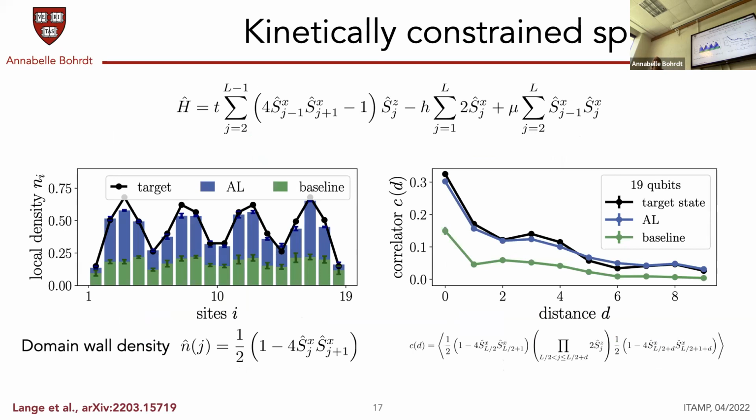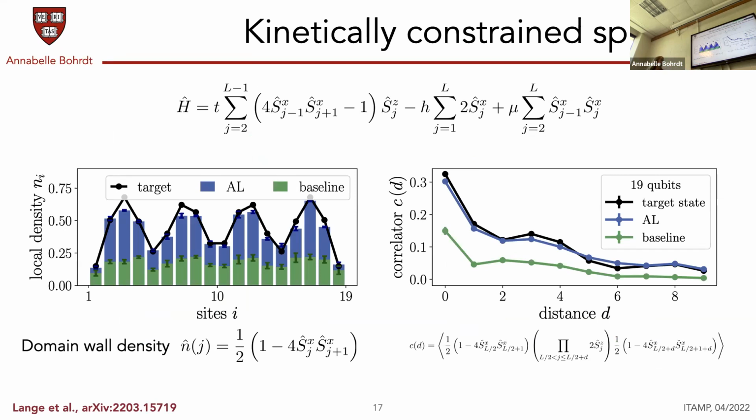I also talked a lot about quantum simulation in the beginning. One example that we looked at are these kinetically constrained spin chains. Due to lack of time, I don't want to go into any details, but it's a spin Hamiltonian with Sx, Sz, Sx terms. So it's a bit of a complicated Hamiltonian. And we look at the ground state of this Hamiltonian and try to reconstruct it for a system with 19